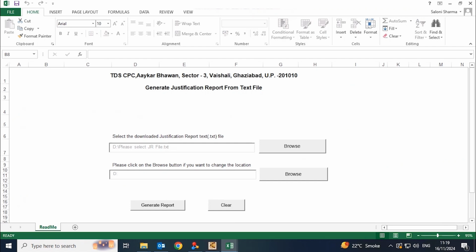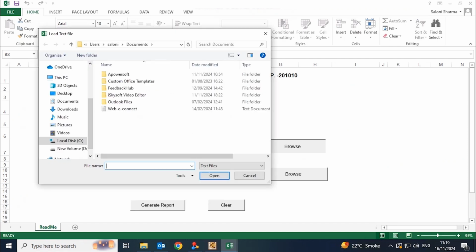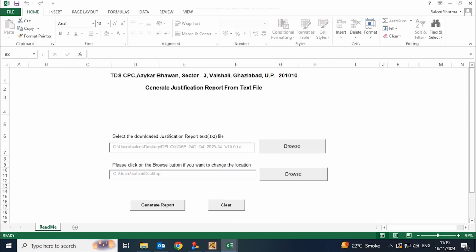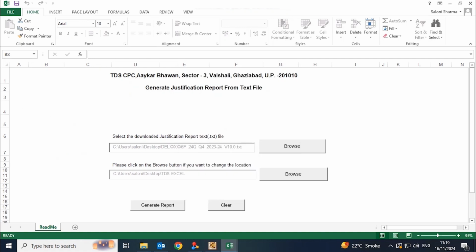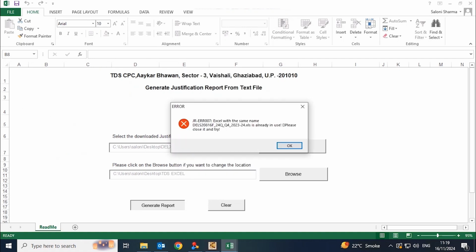the justification report converter utility will appear like this, where you need to browse the justification report text file that has been unzipped by you, and also you can select the location of the file over here. Once you select the location of the file, you need to click on generate report.